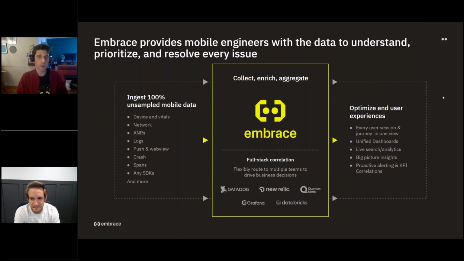To compare, while Firebase Crashlytics focuses on collecting individual events like crashes and errors, we collect 100% unsampled mobile data from 100% of user experiences.